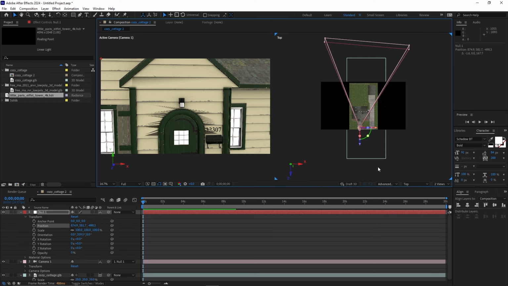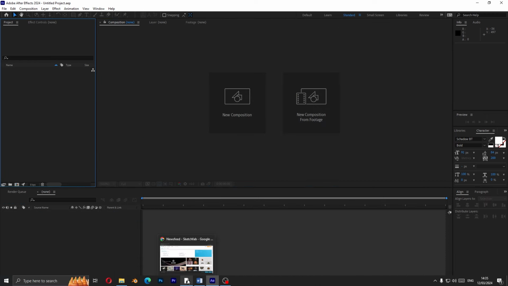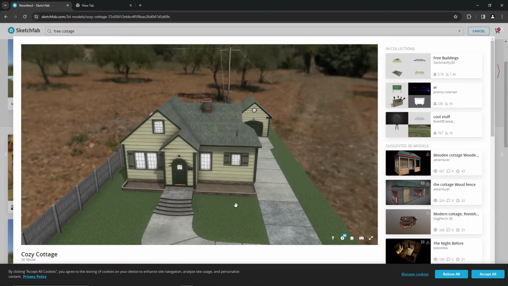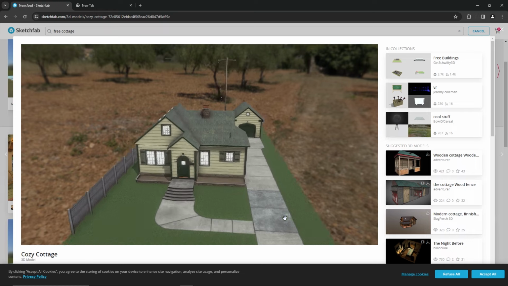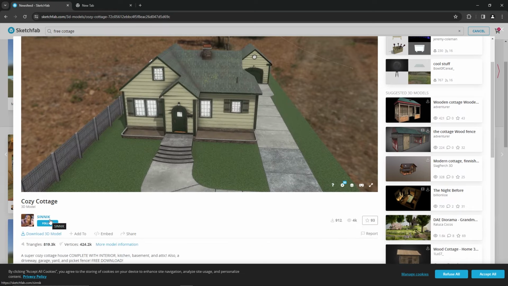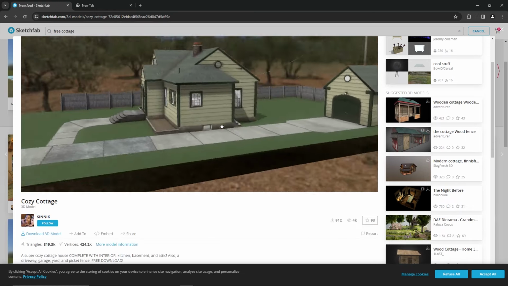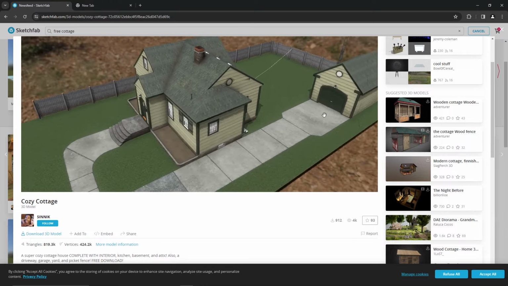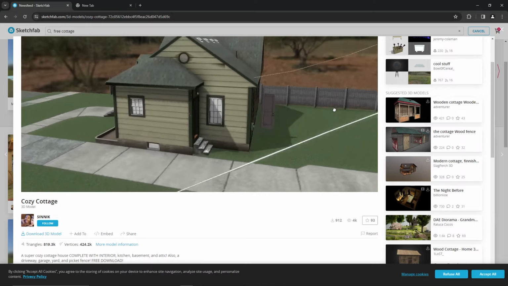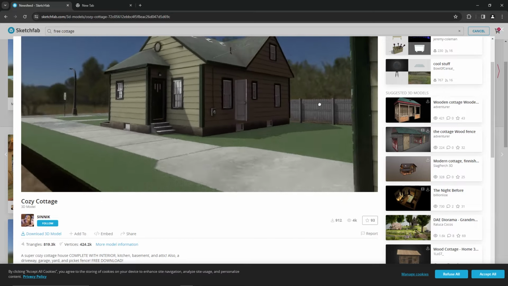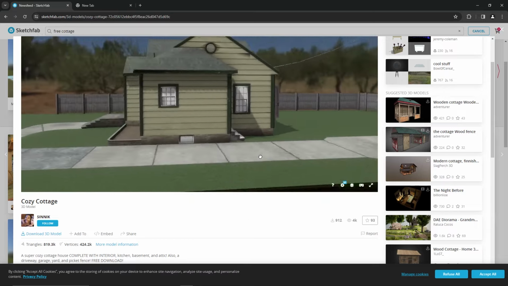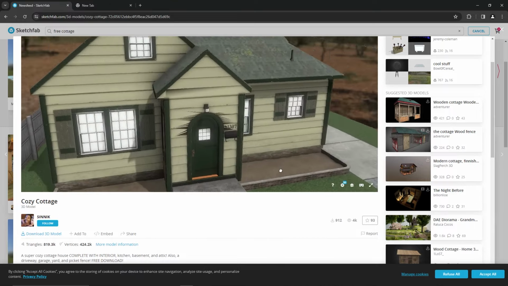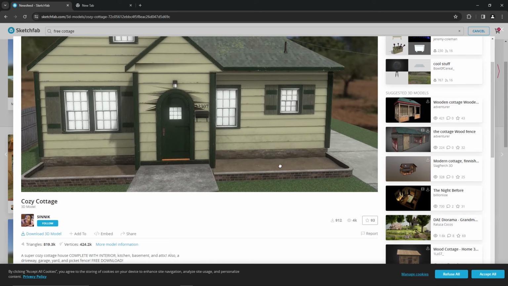Now, to help us with this, I have downloaded some models from Sketchfab. Okay, here we are in Sketchfab, this is the model that we are going to be using. It is by Scenic, and it's a very well done model. It's got a house and a carport back here. And he has graciously given us a free hanging door somewhere at the back. Not to worry, we can work with this particular model because it's quite well done